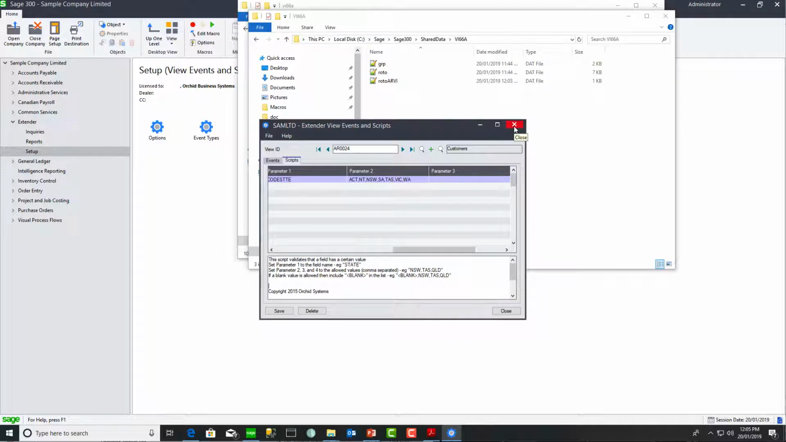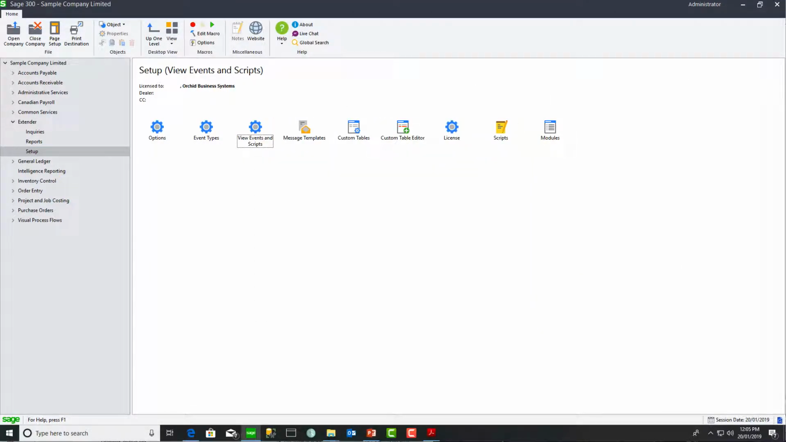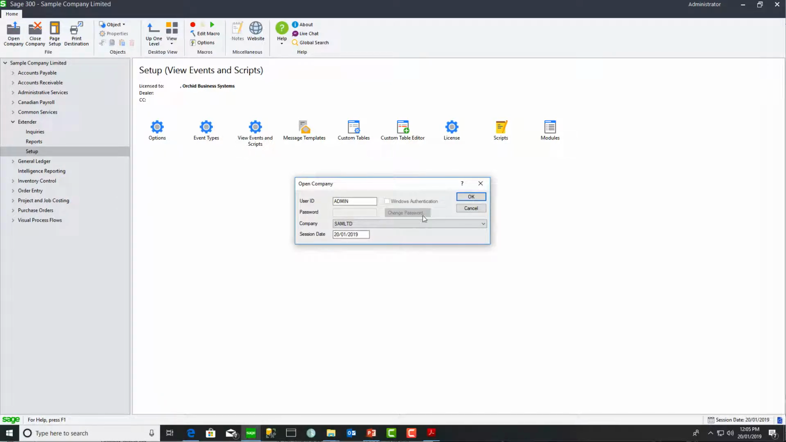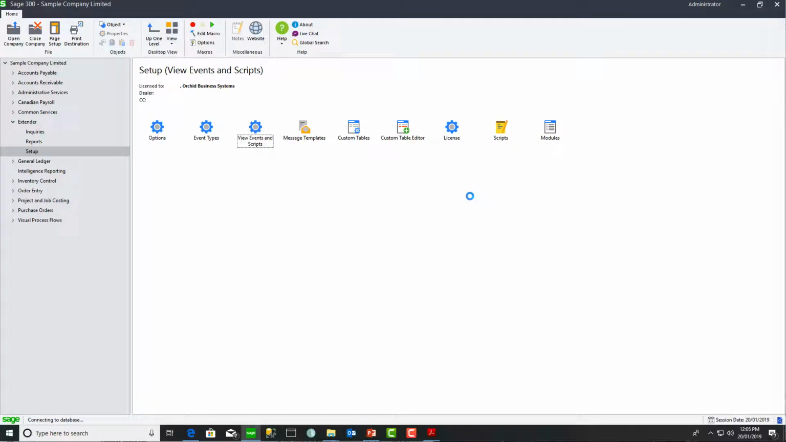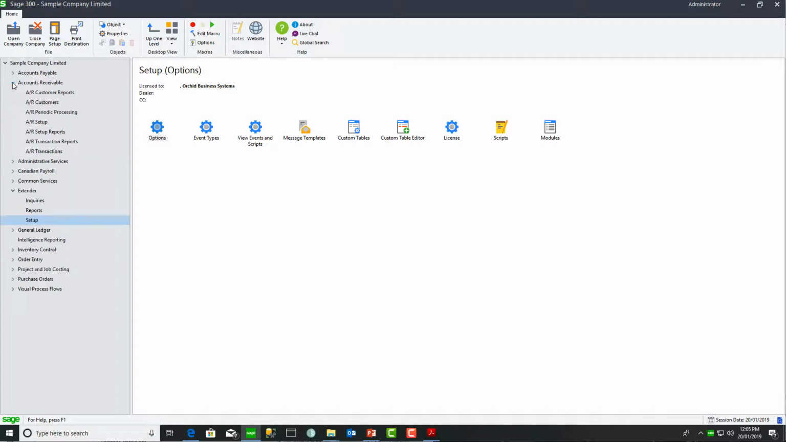So to be sure, I could reopen this company. And you sometimes get that message after installing a product update. You sometimes get that message straight away, in which case you must reopen, otherwise you're not getting the latest roto.dat and group.dat. So if I go now to my AR customers to test that,